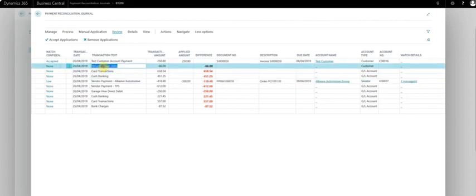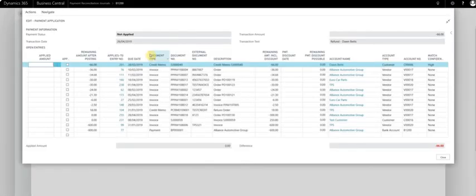So I'm going to manually apply this one as well. So I'm going to go manual application. Now, another trick, let's say we have thousands of transactions in the system. Now, this is really easy because there are only a few in this demo database, but let's say we've got thousands of customers and thousands of potential transactions and matches, and we don't want to select apply manually, because if we select apply manually, it opens the more